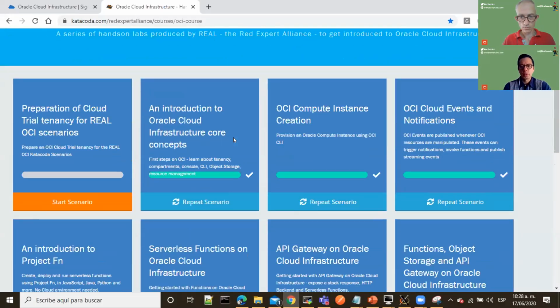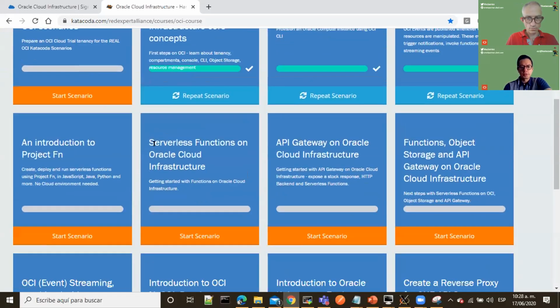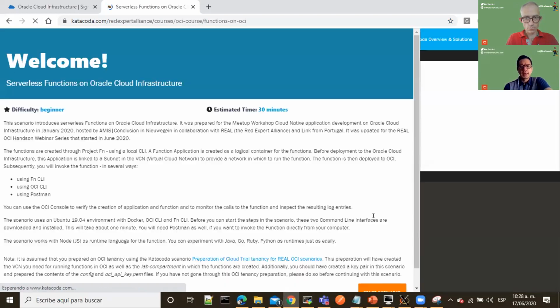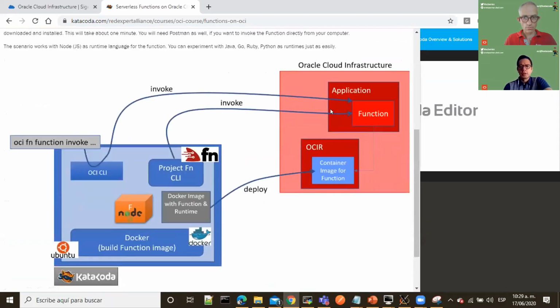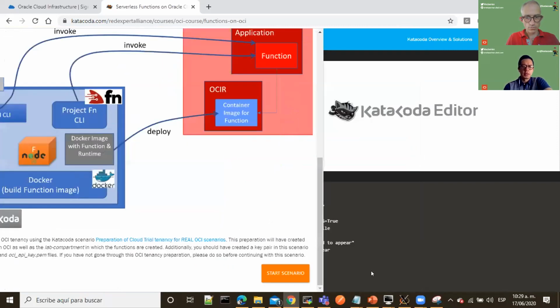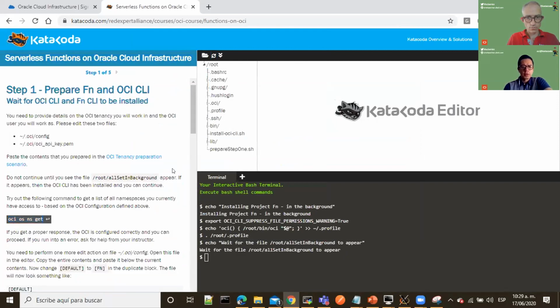So this is where we have our 16 Katacoda scenarios, and now I'm going to start the serverless functions on Oracle Cloud Infrastructure. Okay, so as in any other scenario, we have a brief introduction. You get the idea of what you're going to get and what you're going to do, and you can simply click on start scenario and you are ready to go. As in any other scenario, we need to wait for our environment to get ready